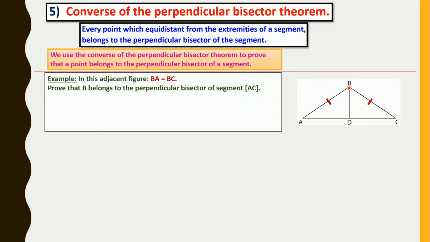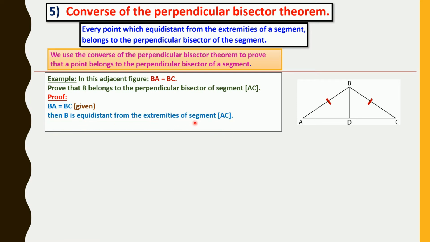Here, to prove that point B belongs to the perpendicular bisector of segment AC, I need to have the fact that B is equidistant from the extremities of segment AC. Here we can claim this because BA equals BC, it's given to us. Proof: since BA equals BC, given, we can claim then B is equidistant from